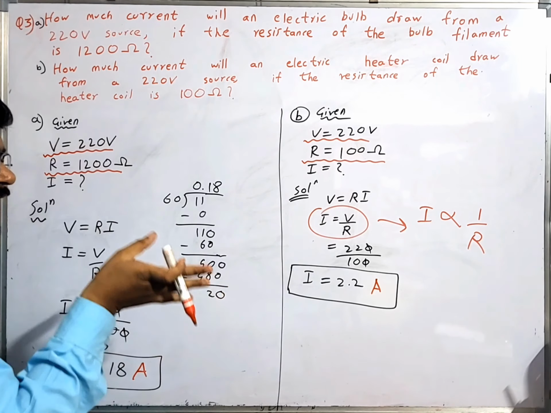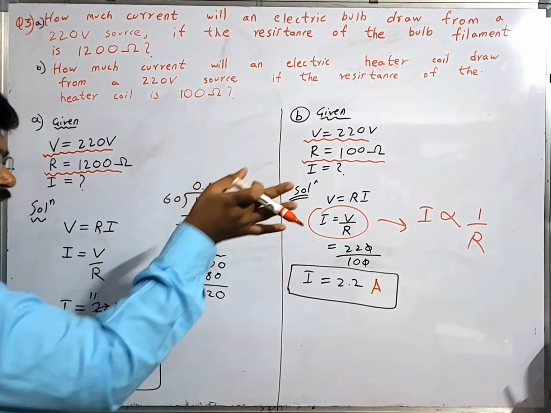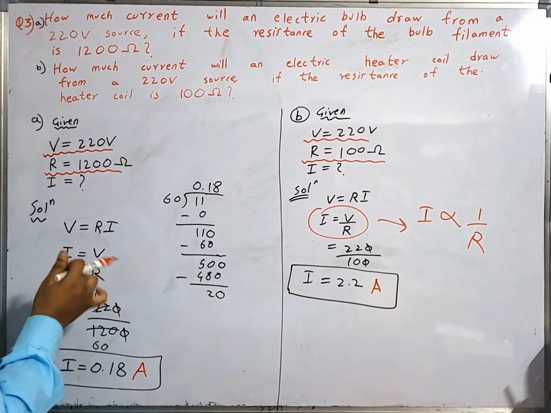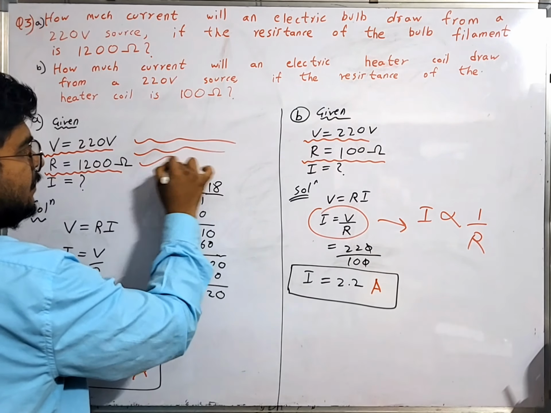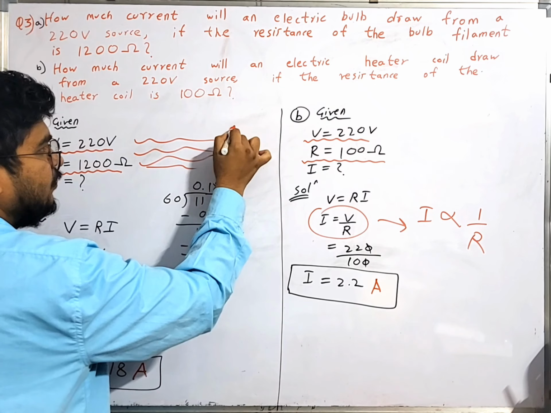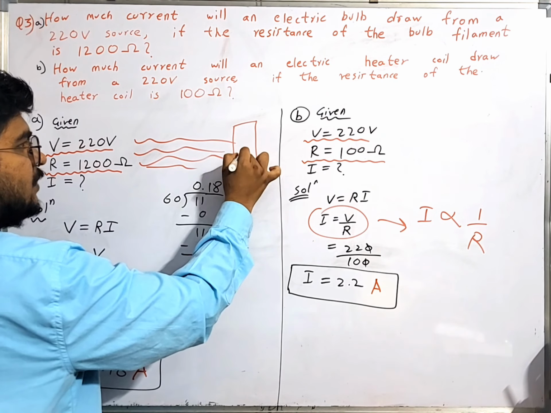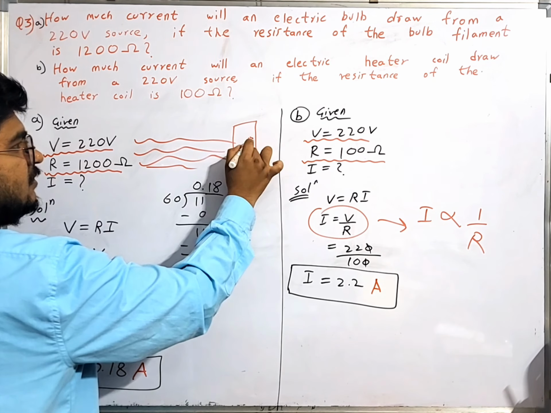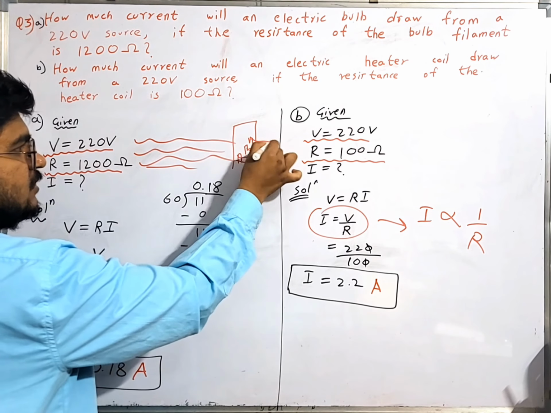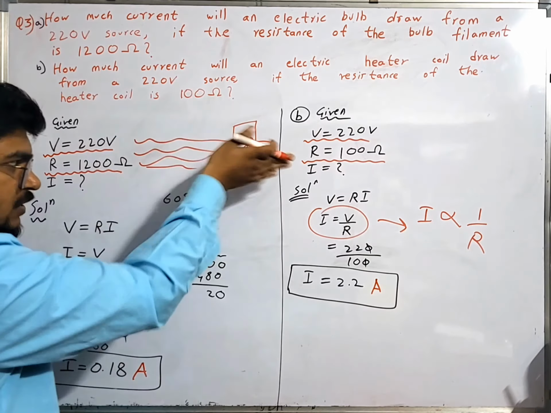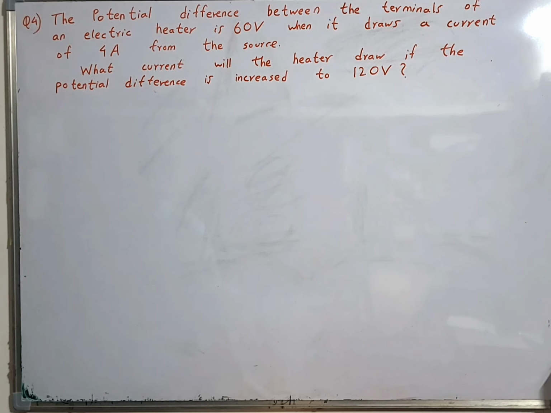Now, if you ask what do you mean by resistance? Resistance means it controls the flow of current. It is like a dam over the river. If the river is flowing like this, and if you build the dam, there are openings in the dam, so it controls how much water it is sending through these doors. It controls the flow of current.